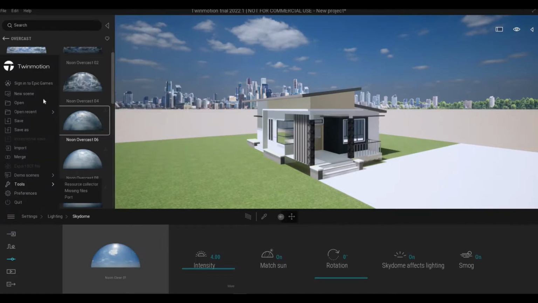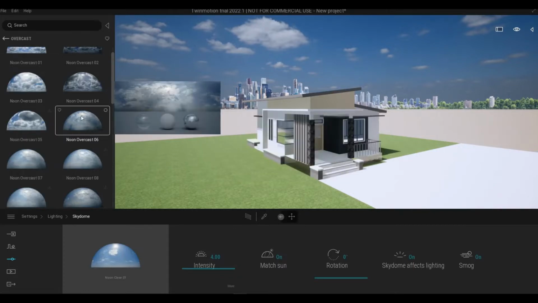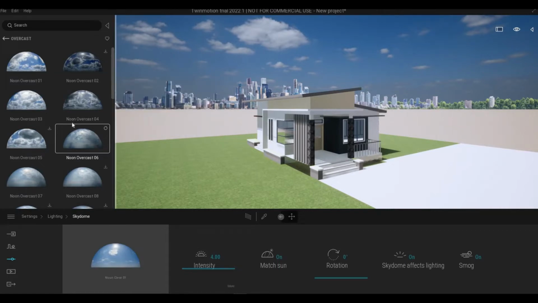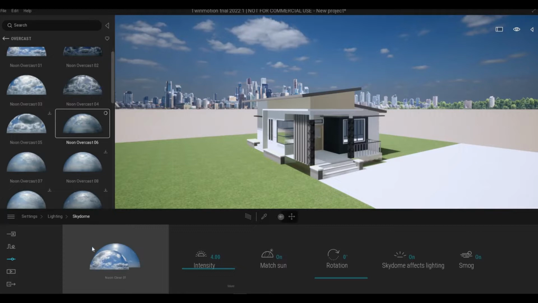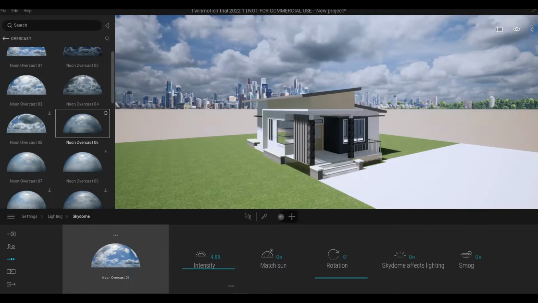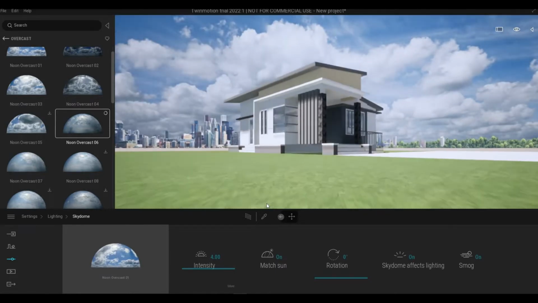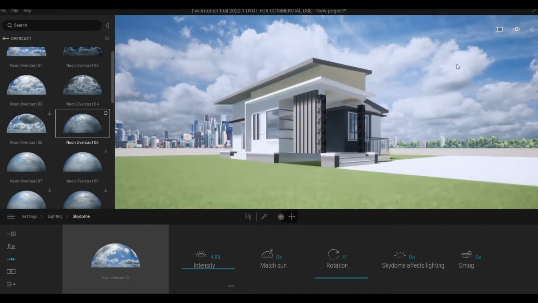So you need to go to your burger menu and sign into Epic. After that, we'll be able to load it or download, and then we're gonna load it here. So what we have is an overcast 01. So let's check this one first. That looks okay as well. We're gonna wait for 6, and then after this,